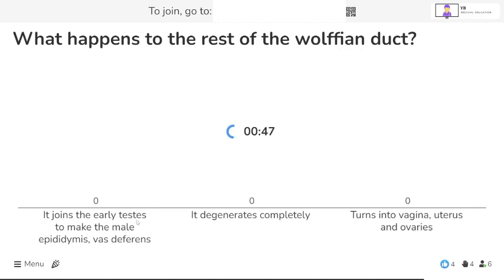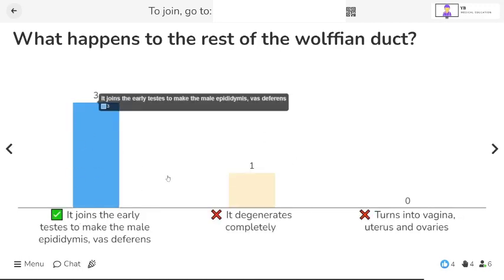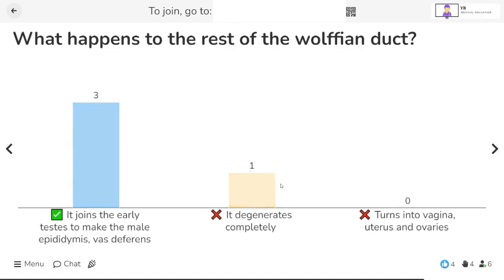On the other hand, you have another duct called the Mullerian duct. Mullerian duct is a female duct that forms the uterus, the vagina, etc. So you have to differentiate between the two. So let's see what you guys answered. Okay, good job. So some people said it doesn't degenerate completely. Some of it degenerates and the other continues to form the male